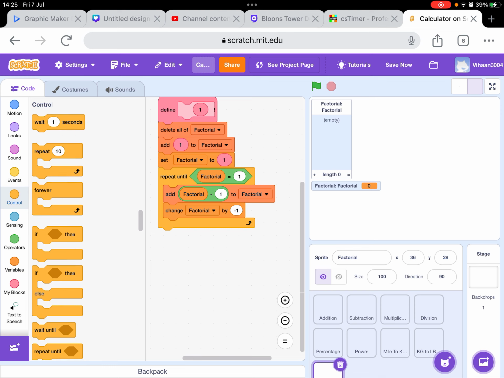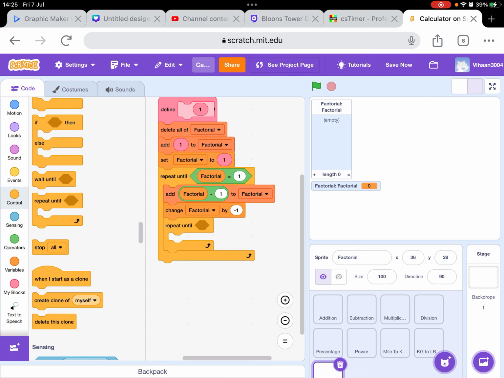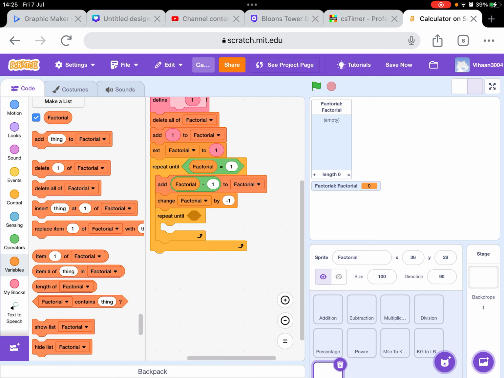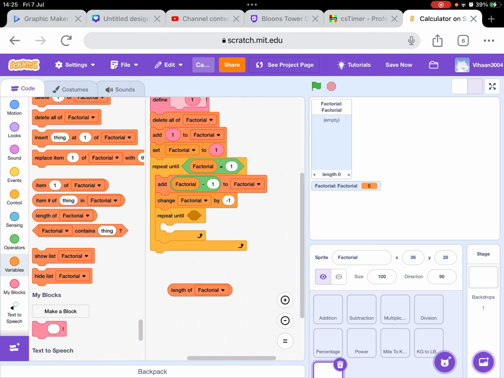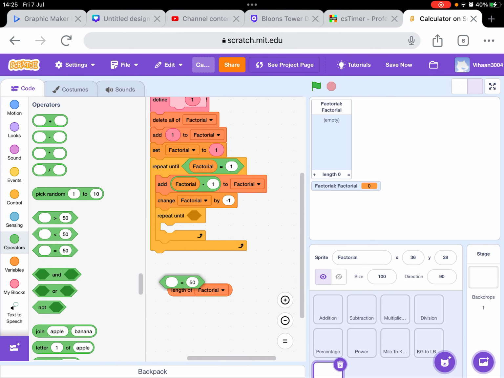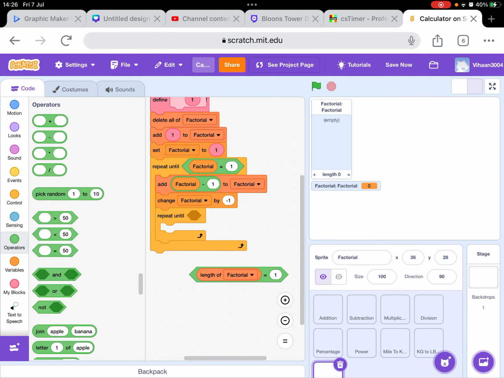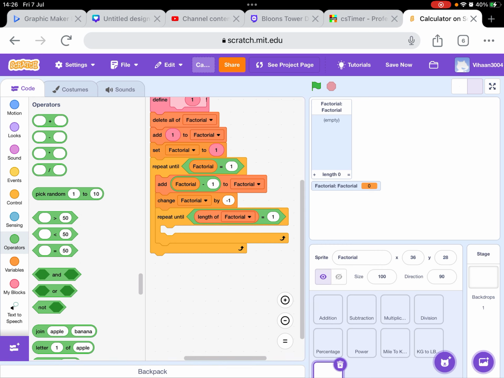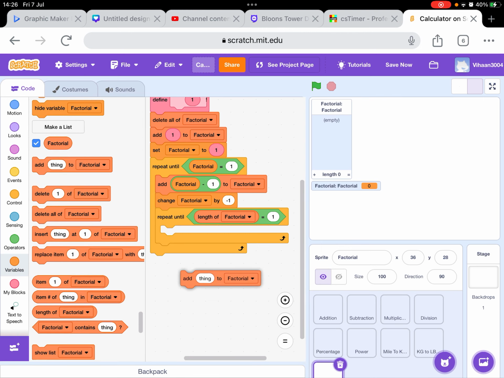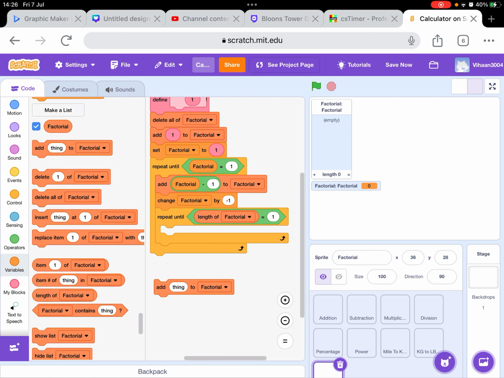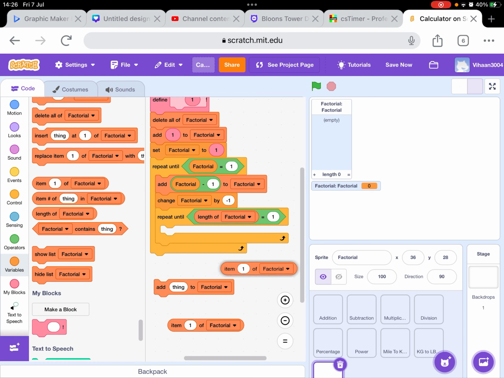Now after this we'll put another repeat until loop inside that, and this will be until the length of factorial, the list, is equal to 1. So we will just repeat this because we'll do the multiplication. So we'll multiply two numbers and then delete those numbers and repeat it until we have one number which will be the answer. So repeat until length of factorial is equal to 1, and what we will do is add item 1 of factorial times item 2. So we'll get item 1 and we'll get item 2,